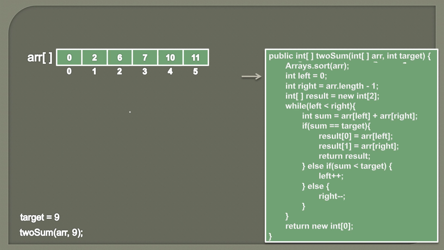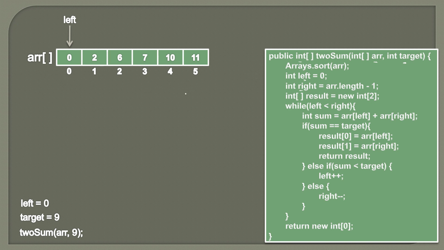Now we'll see why we sorted this array. In order to solve this problem, what we actually do is we take two pointers. One is the left pointer and one is the right pointer. The left pointer points to index 0 and the right pointer points to the last index of this array. So here we will be creating a variable left. We'll assign the value 0 to it. So this 0 signifies the index. It would look something like this, that left is pointing to index 0.